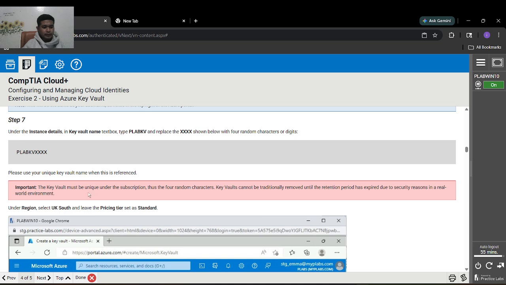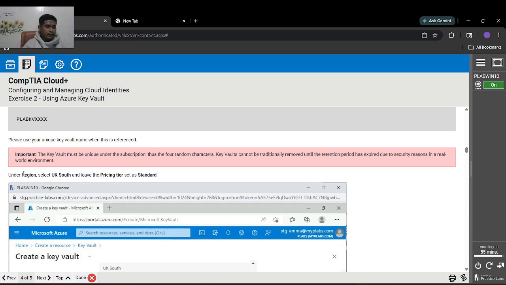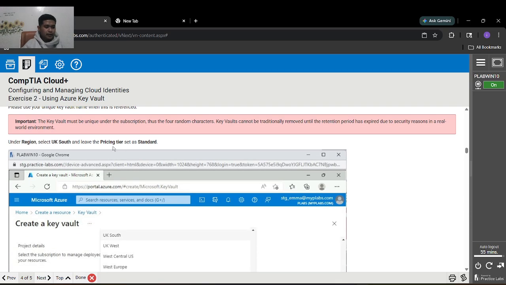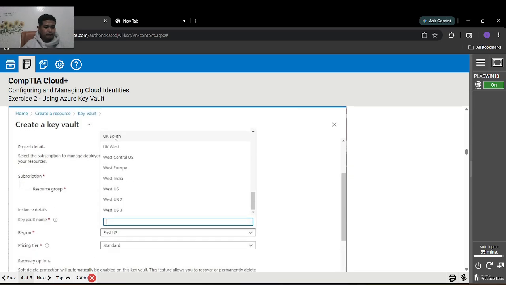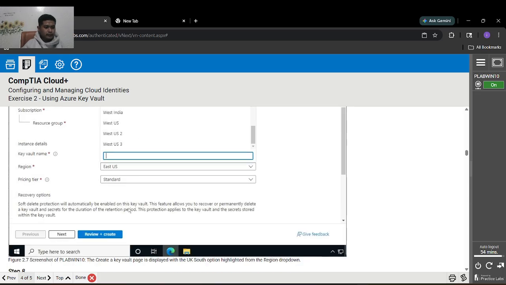Importantly, the Key Vault name must be unique under the subscription, thus the four random characters. Key Vaults cannot be traditionally removed until the retention period has expired, due to security reasons in a real world environment. Under region, select UK South and leave the pricing tier set as Standard. So once you're here, choose UK South as the region.